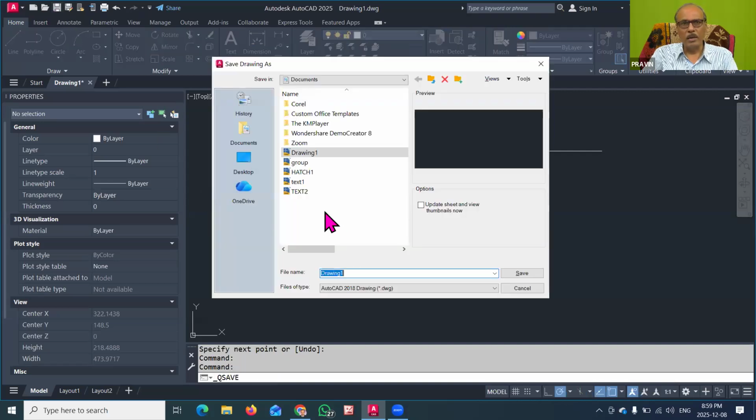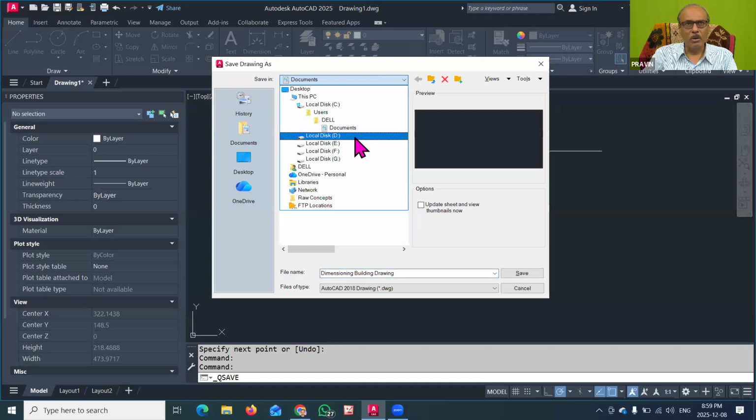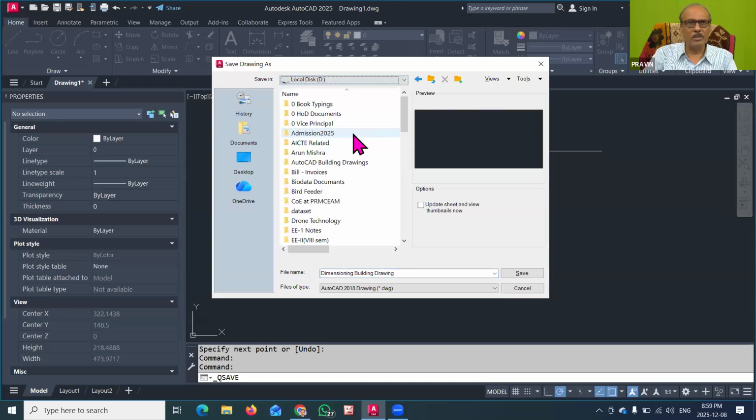As we know, for saving our professional drawings we have to give a proper name. So I am giving here the name dimensioning building drawing. Here you have to remember that we are always saving our drawing on the D drive, other than the C drive.